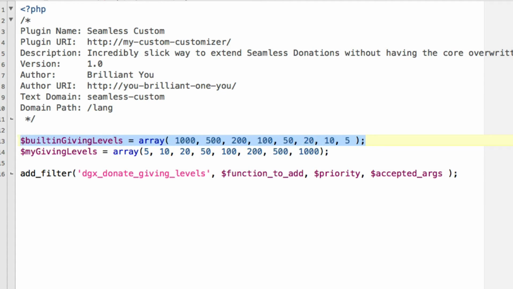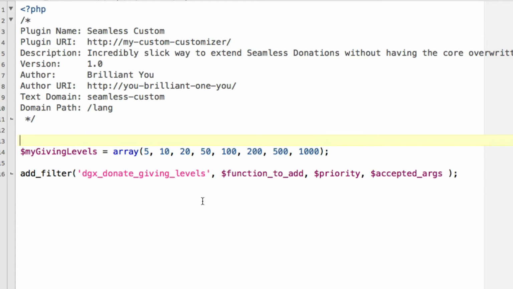And that is going to change the thing. But what we need is a function that is called. So when you add a filter, you have the filter, that's the thing that I watch for and check to see, did you define anything special for it? And a function that gets called when this filter is done. So let's put this inside a function. Let's make this function reorder giving levels, and just pass it